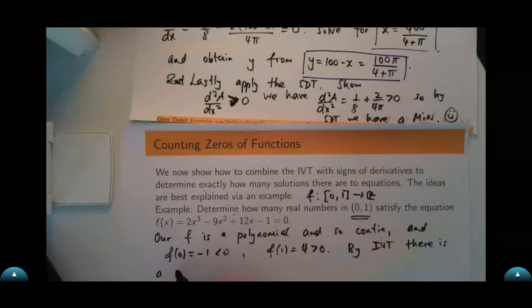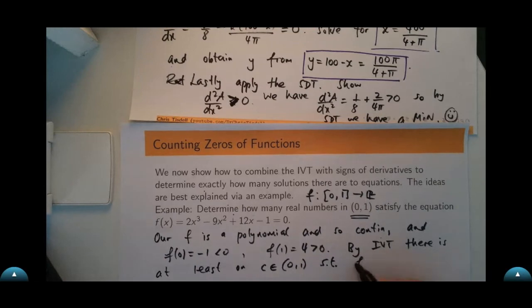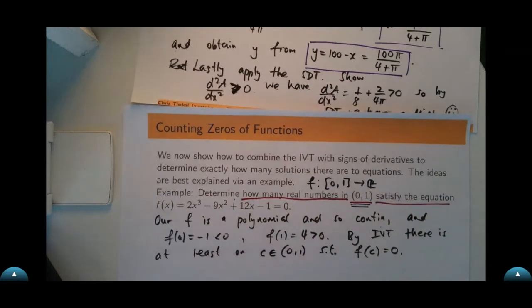The intermediate value theorem. The ST stands for such that. But the question really isn't asking you this. It's asking how many real numbers in this interval satisfy the equation. So how many c's are there? All right, well, if we go over to the GeoGebra,